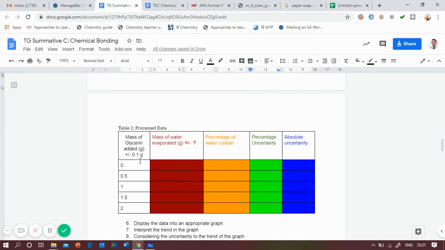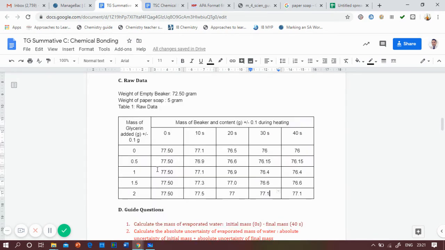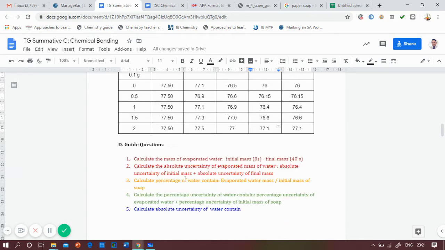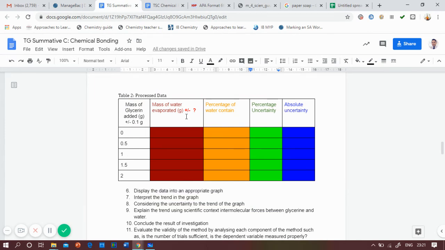These 11 questions I completed with color, so the color will later correspond with the table that I also give to you. The table in here will be filled with the representative color in the questions. So for example, mass of water evaporated.